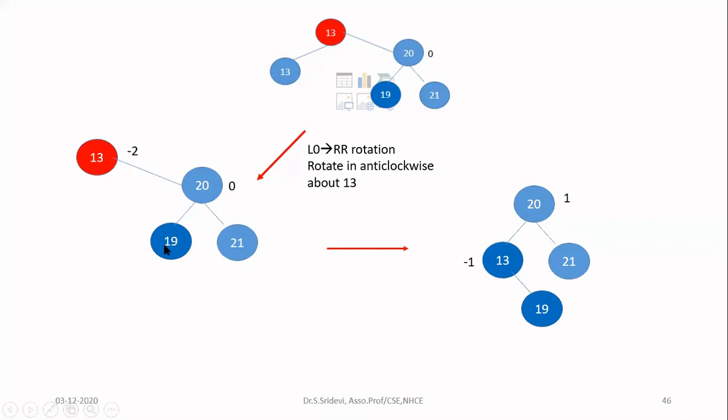What will happen to this left child of 20, which was already connected? So now this 19 will be connected to 13 only as a right child. So 19 is connected to 13 as the right child. So we have done the rotation. Everything is perfect, so calculate the balance factor. Now we have the balance factor as 1 for the root, and for these two the balance factor is 0. So we have done the balancing, and this is our final tree.